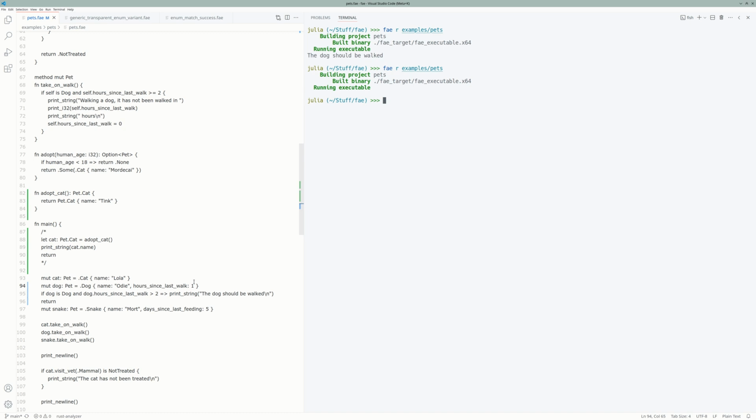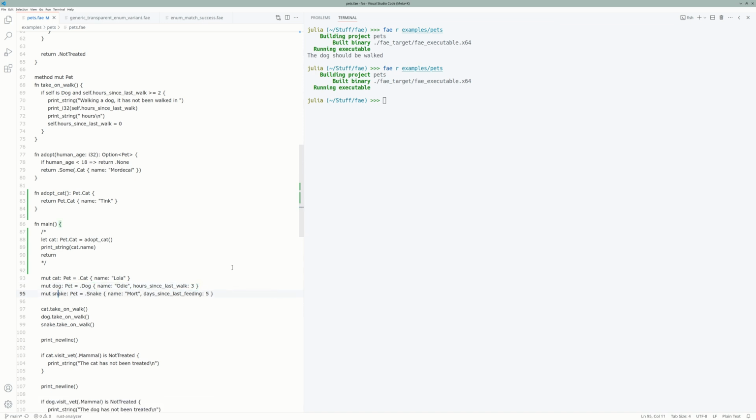You can't do that in Rust. No. You can if you're using nightly and you opt into the feature flag. I'm really looking forward to when they stabilize that. The syntax is a little bit obnoxious, but you can do it. In Fae, it's just the feature. It's just the feature. Now, let's say you wanted to nested